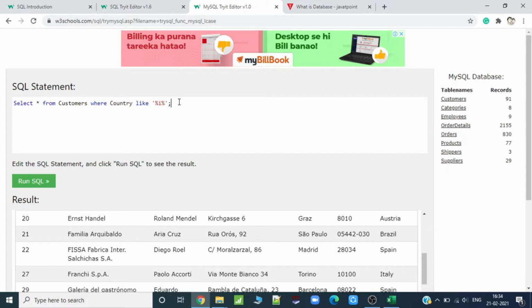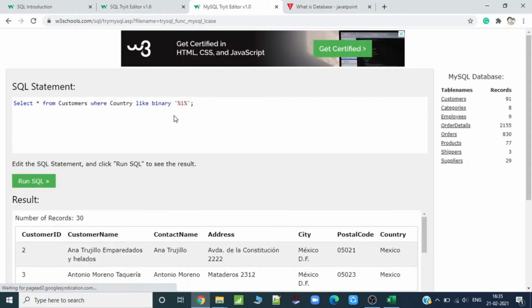So Italy. But here you will say I just put down a small case I, but I am having uppercase also. So it means LIKE is case insensitive. To make it case sensitive, I will use the BINARY operator. So LIKE BINARY I will remove the case insensitivity and it becomes case sensitive.